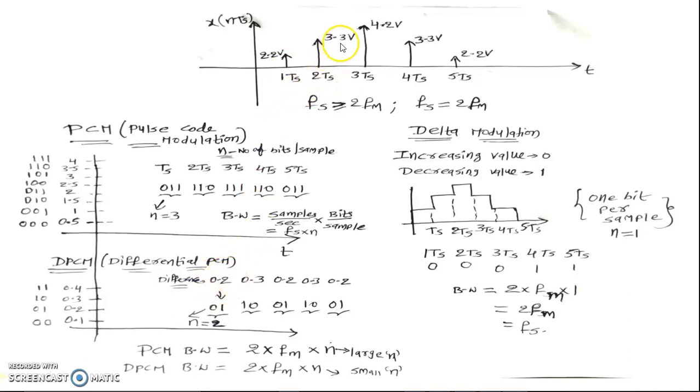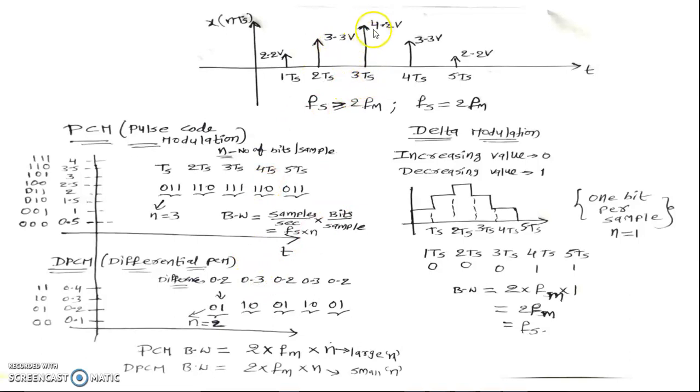Similarly, the next sample is 3.3 volts. The actual value is 3.3 volts. Now the predicted value at that 2 TS only. Remember that I am comparing values in the same time interval. That is the important point here. The actual value is 3.3 volts and the predicted value is considered to be 3 volts. How is the predicted value of 3 volts coming? Based upon the previous values, the predictor device obtains that value. So 3.3 is compared to 3 volts and the error is 0.3 here.